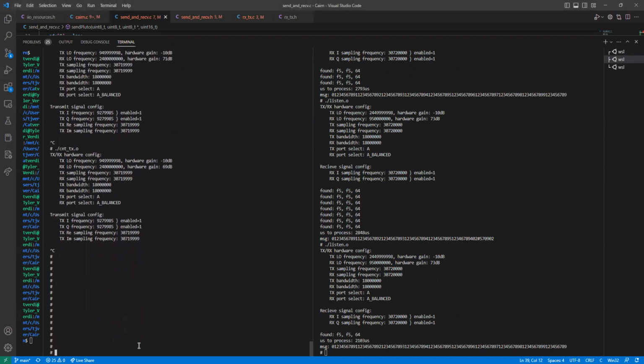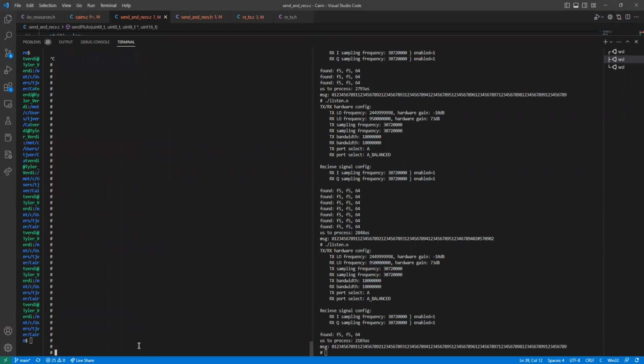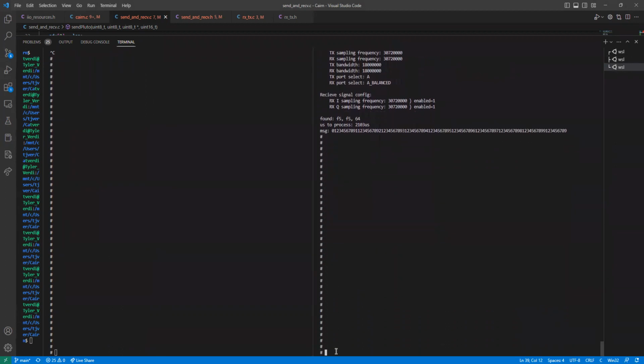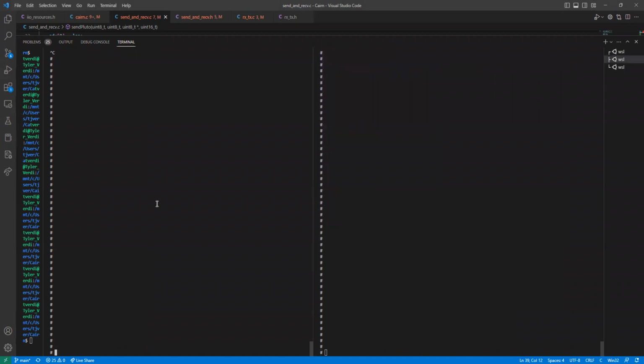Okay, this is a quick demo of the Cairn mesh program running on the Plutos. The left terminal is SSH'd into the transmitting Pluto and the right terminal is SSH'd into the receiving Pluto. We're using the 1ASK continuous transmit and listen functions that Caleb originally wrote